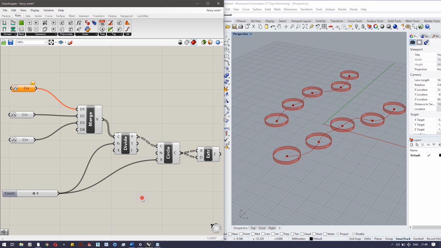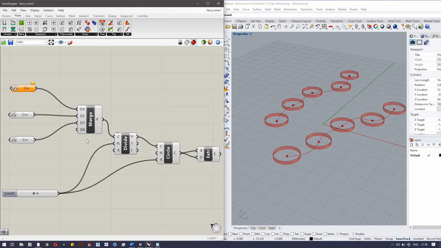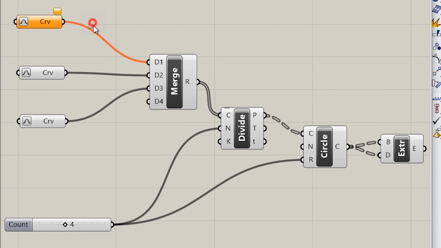The thing I want to talk to you about right now is these wires. How do they work? You can enable and disable them from here. If you disable them, all of them become the same color. Otherwise, there's some meaning to what these colors mean. If you go to the first one, you can see this one is in orange. If any wire, we call these fancy wires, is in orange color, that means no data is flowing.